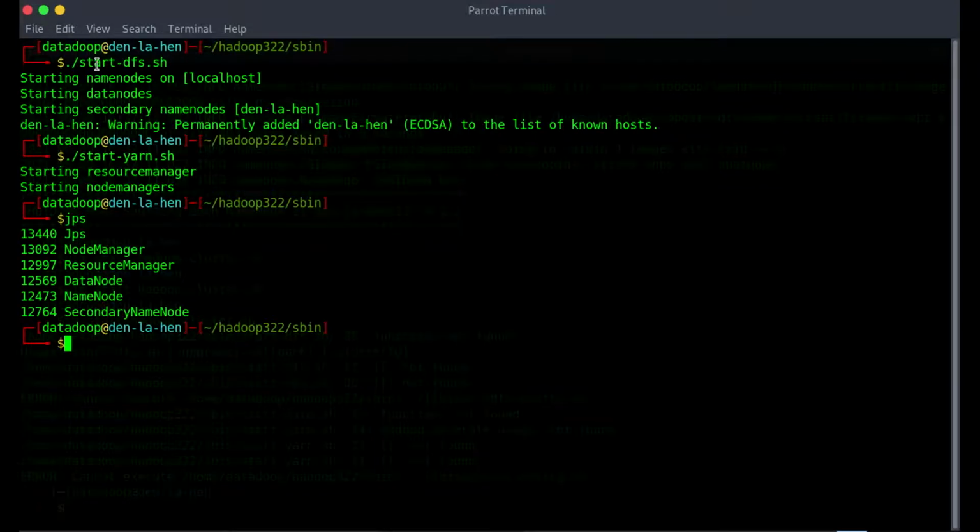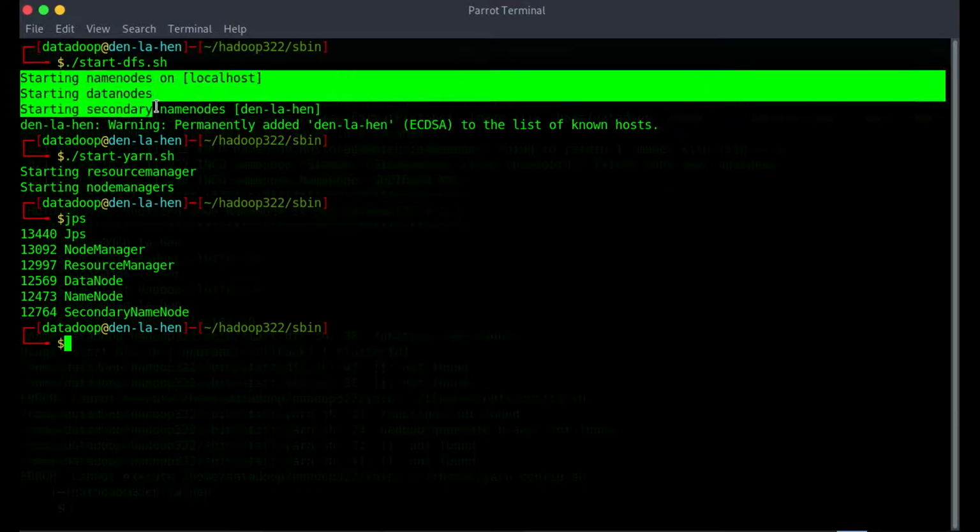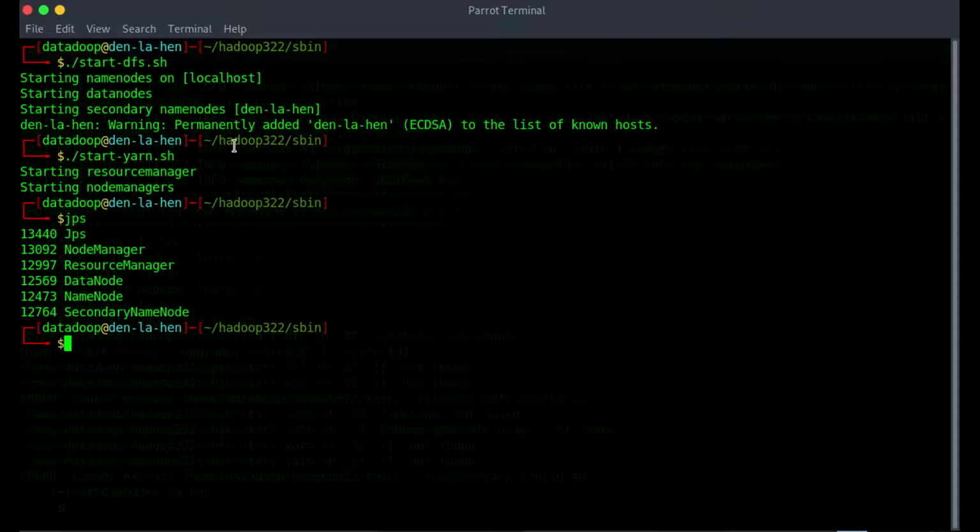After doing that, go for this command, that's ./start-dfs.sh. This initiates the name node and data node of the Hadoop cluster. You can see that here, name nodes and data nodes have been started.